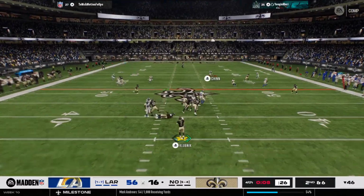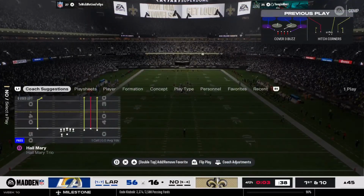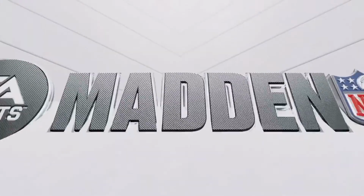They'll look to throw again. Open man is Bond. He's got it. That's good for the Saints. First down. And as this defense walks off the field, they can do so